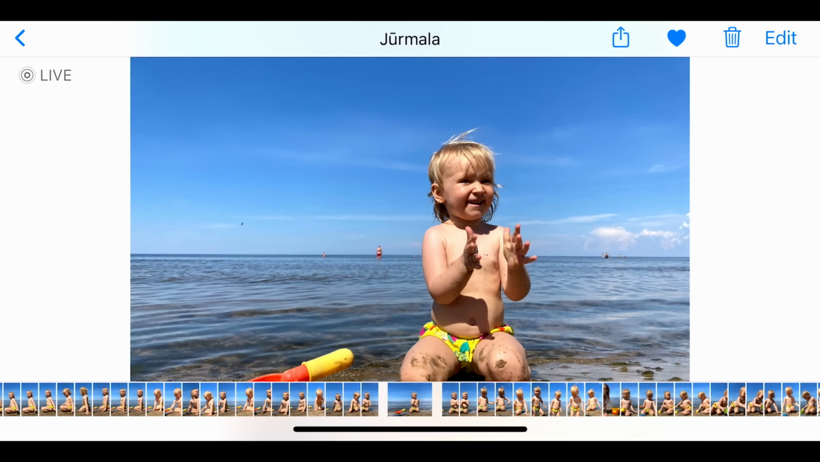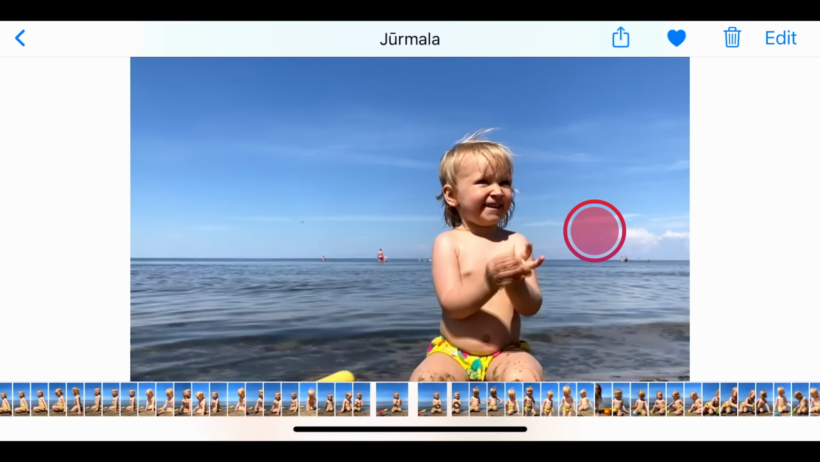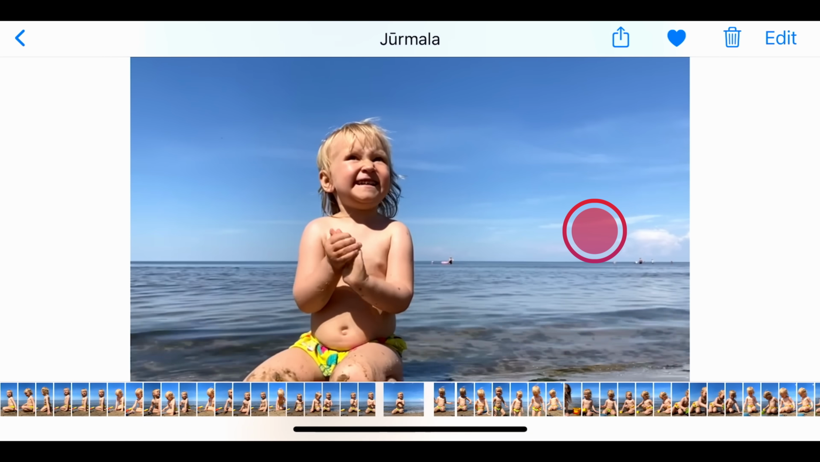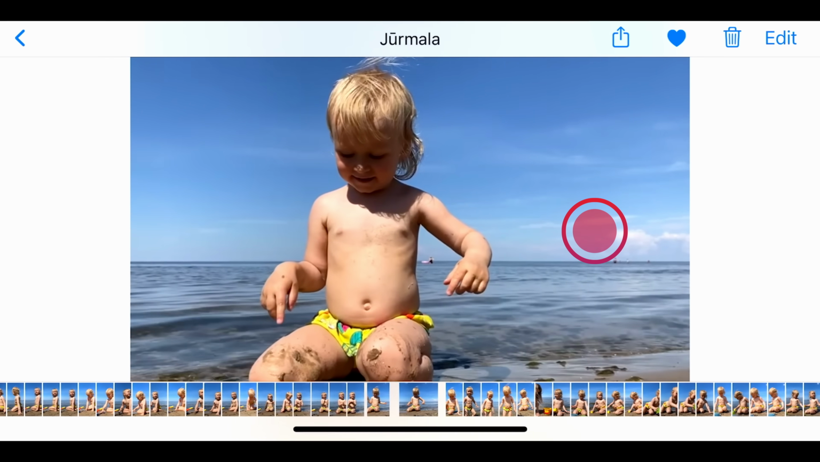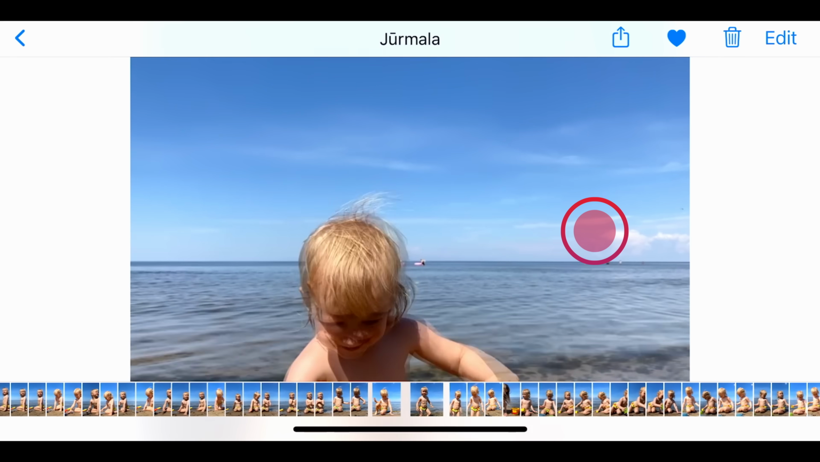So if I want to watch the video that I've captured, all I have to do is tap and hold my finger on the screen, and the video starts playing. But here's something interesting. You'll notice that this isn't 3 seconds anymore. This is a much longer video. So what's happening is that at the bottom of the screen, you'll see that the iPhone is continuously playing back